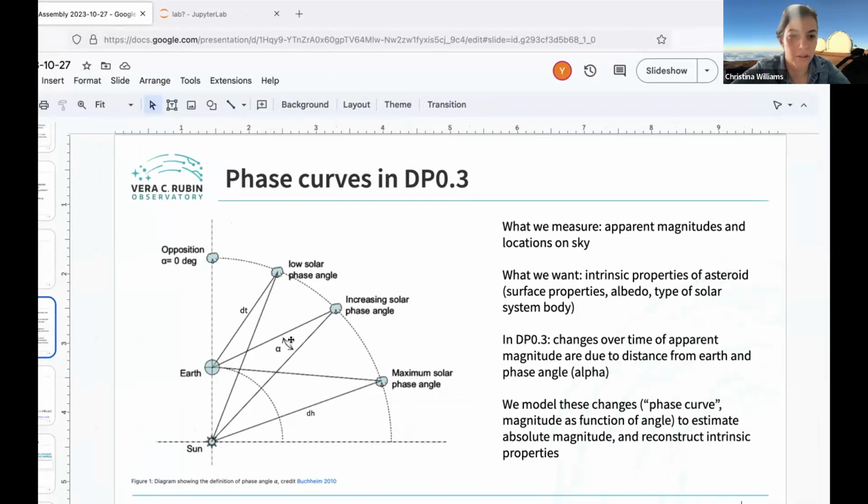Two other things that we're going to talk about are the topocentric distance, which is the distance between the Earth and the asteroid at any given time, and then the heliocentric distance, which is the distance from the Sun to the asteroid at any given time. So we're going to model all of these changes in what's called a phase curve, which quantifies the magnitude differences as a function of angle. And this helps us to reconstruct the intrinsic properties.